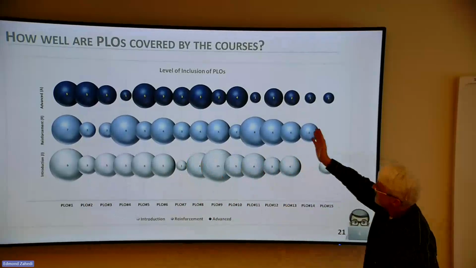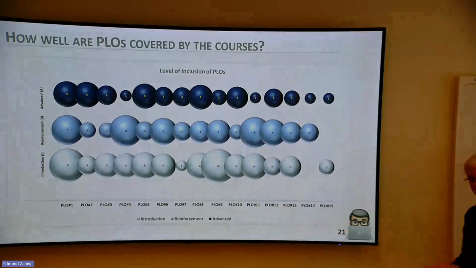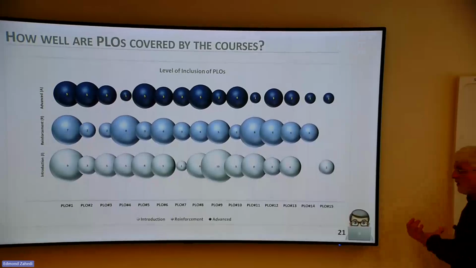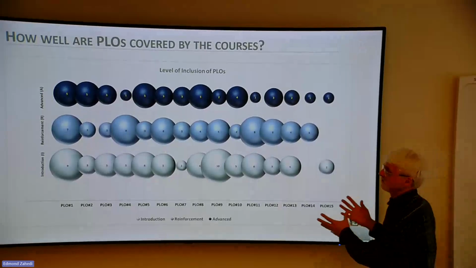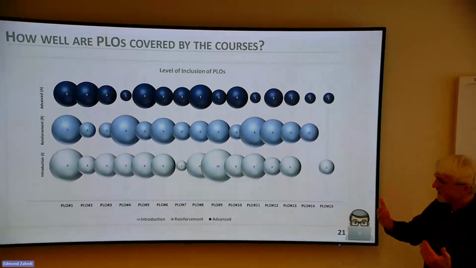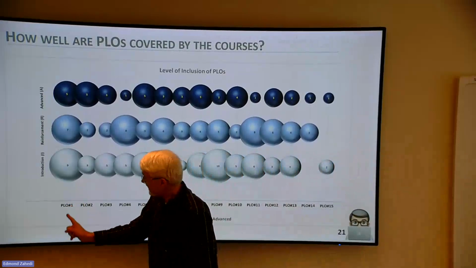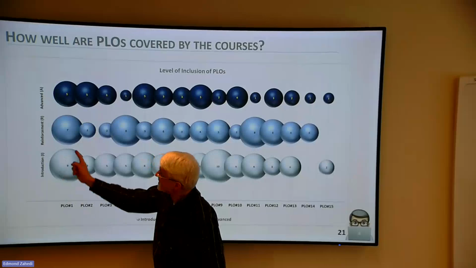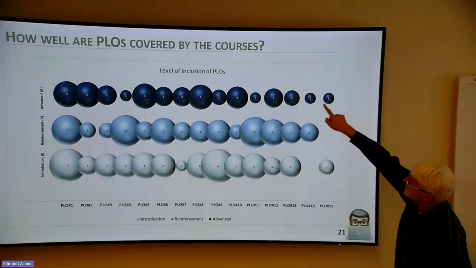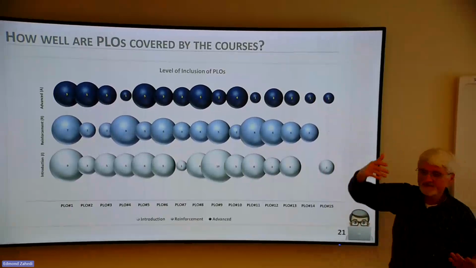At the introductory, same thing at the reinforcement, same thing at the advanced level. Is this something that you would like it to be so, or is this something that you would like to look into? So my role here would be to offer you these observations. And it's up to you to decide whether you would like to take action, to change. Maybe this is completely something that you wanted, or the department wanted to have so much emphasis on PLO number 1. When something is missing, for example, or is low, is it by modesty of the prof who says, you know, your PLO 5, what I teach is not